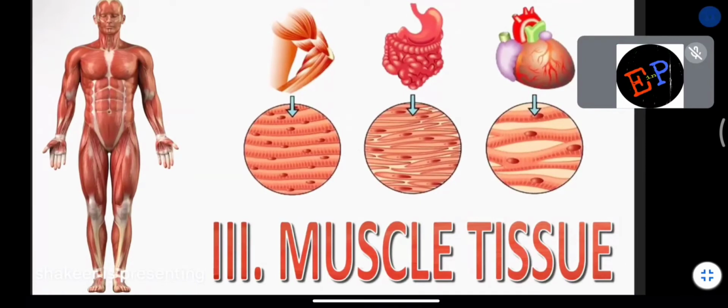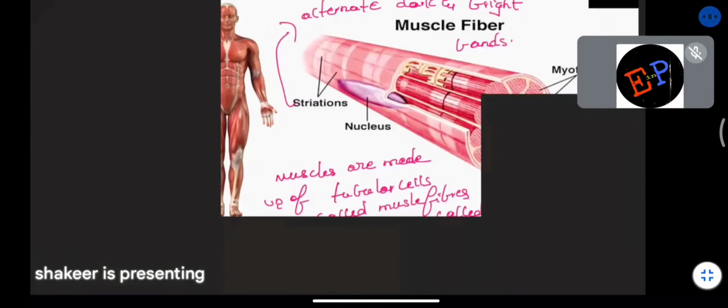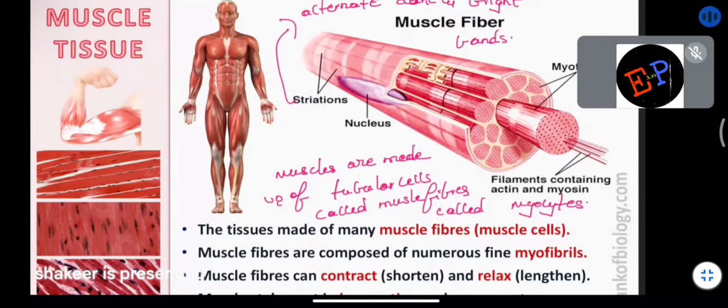Okay. So this completes our connective tissues. Then we are studying the next tissue, which is called muscle tissue or muscular tissue. Here these tissues are made up of muscle fibers, or you can call them muscle cells. So all the muscles present in the body are made up of muscle cells. Any tissue, always it is a group of cells only. But the most important point in the case of muscle tissue is that these muscle cells are cylindrical